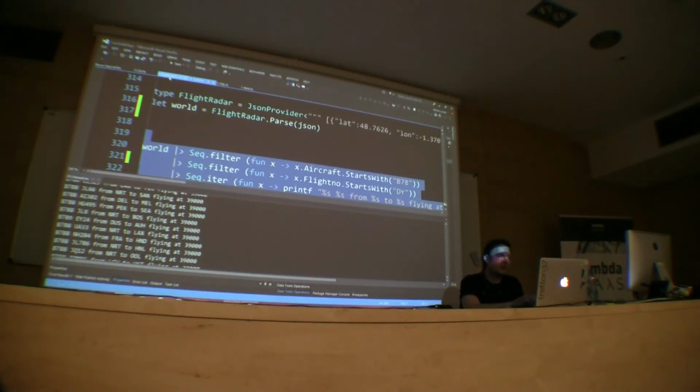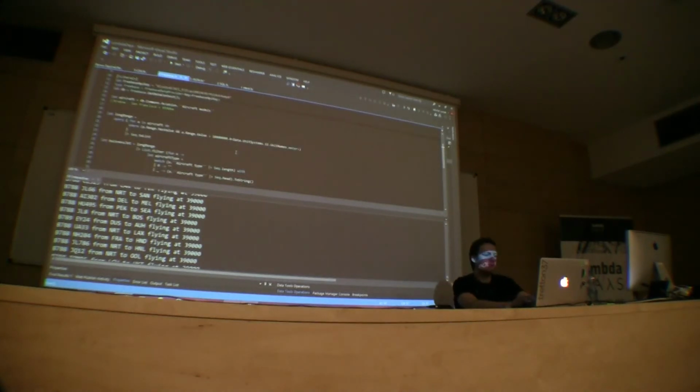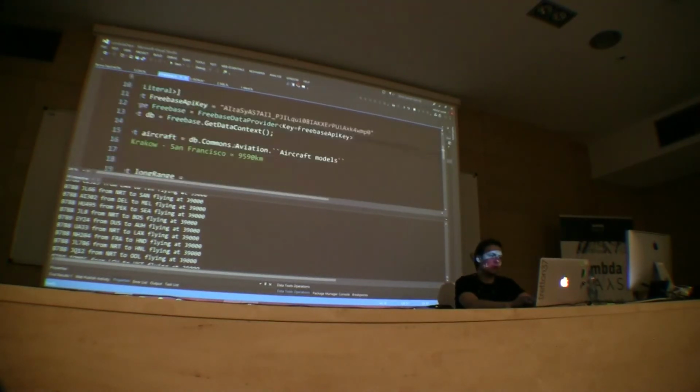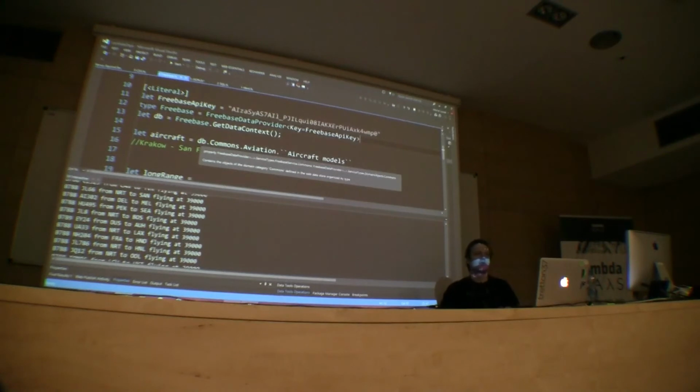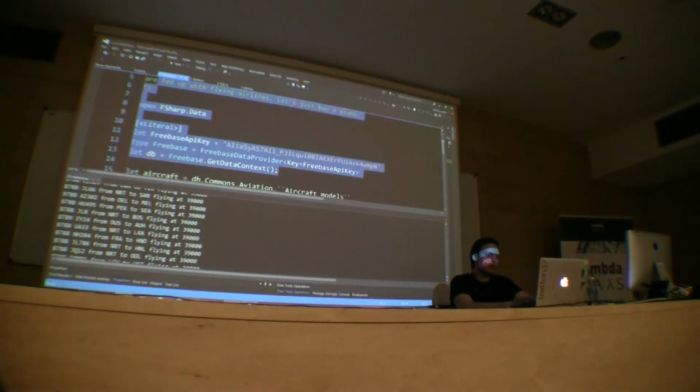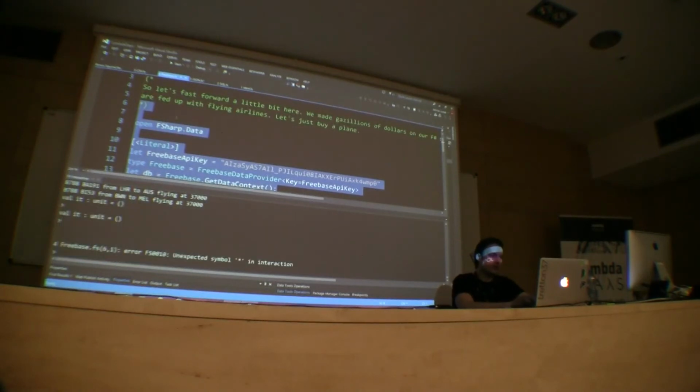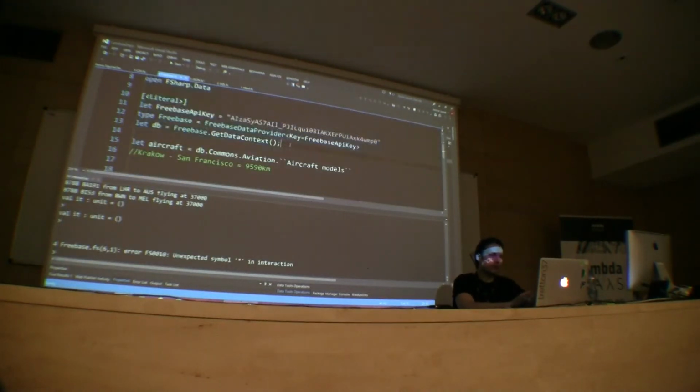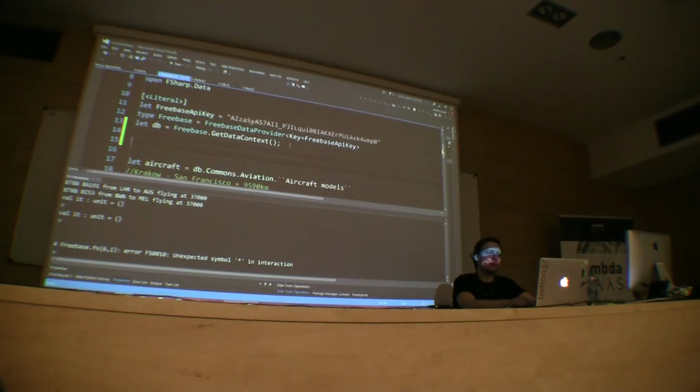And to do some research, I'm going to go to the Freebase type providers. Freebase is a big database of things. Its data is structured in many ways. It has a lot of data from Wikipedia and all that. So there are many things in Freebase. So I'm just going to fire it up and show you what kind of categories are in Freebase.